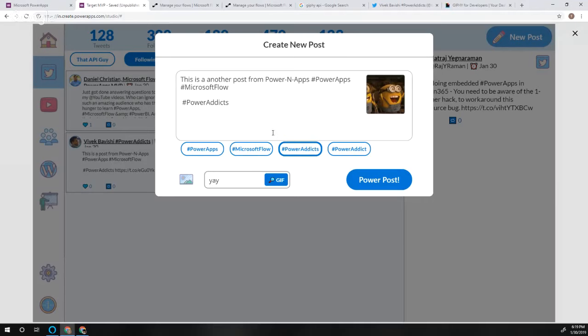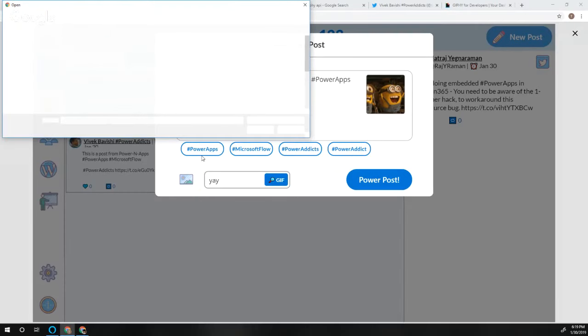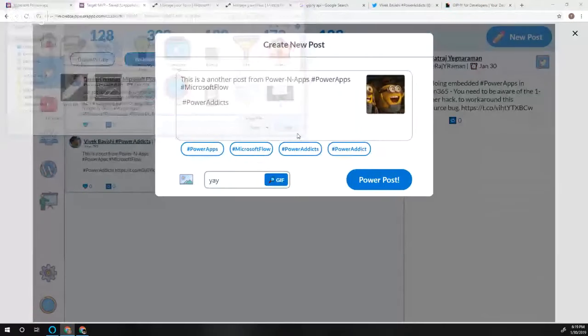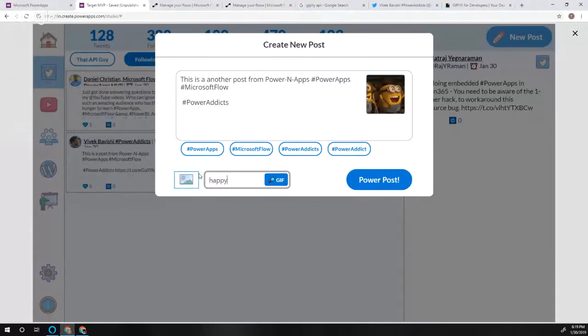I can add one more hashtag over here, and then if I want to add an image, I can click on here, select an image, and add that. Or if I want to add a GIF, so this is using the GIPHY API, and I don't know what pronunciation you guys use, but I generally tend to use GIF. So I can click on search GIF,